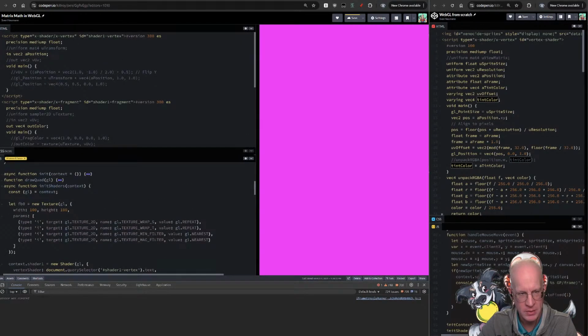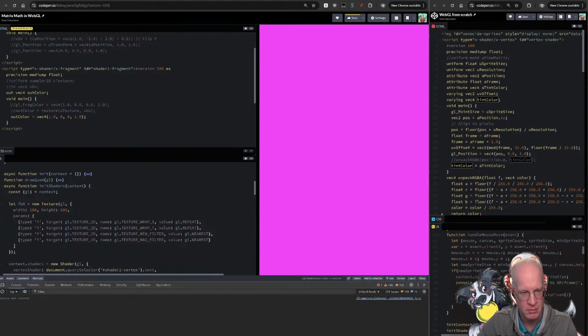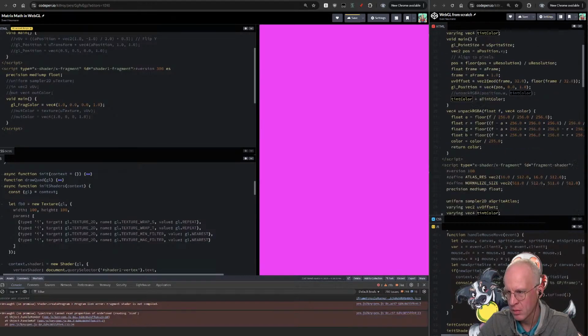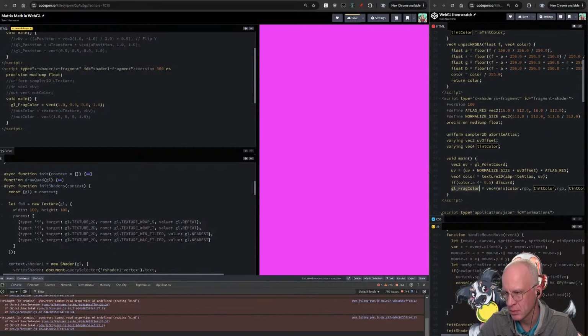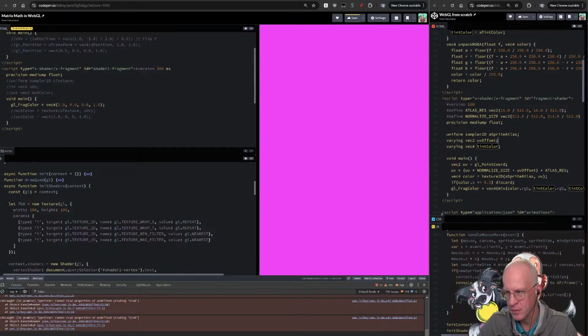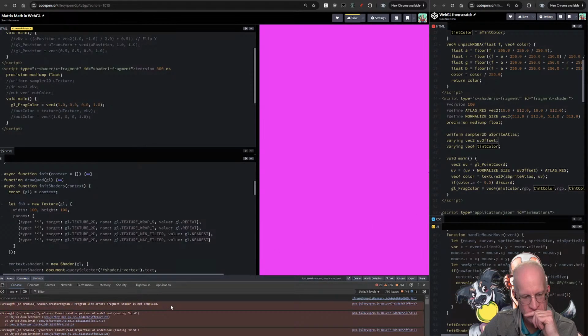Okay, so we're back to here. Can I use frag color instead of out color? No. GL frag color. Uniform sampler UV offset. You see, I don't understand which part here is required and which one isn't. Fragment shader is not compiled. But why? All right,